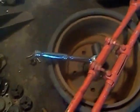I've got a few projects going on here. Got one plate for my trailer build for the leaf springs. Just getting the holes drilled so I can test fit her and an old chop saw going here. Just cutting some steel angle iron and then Camaro parts going here, trying to get the front end going back on, and